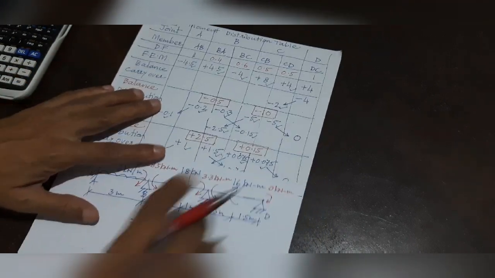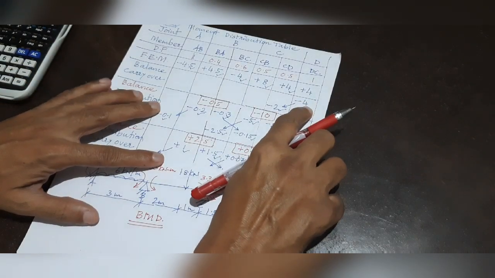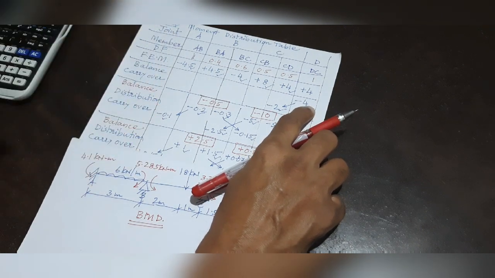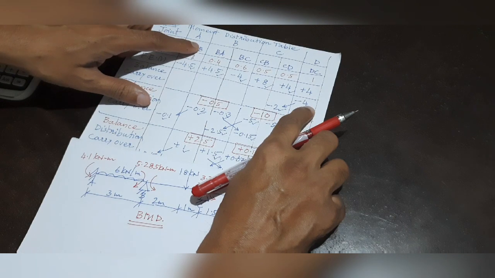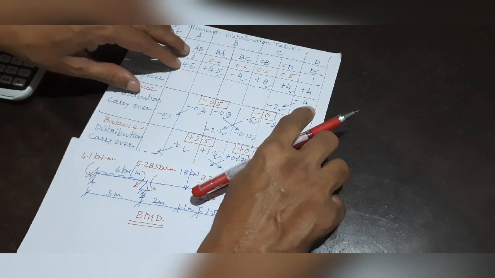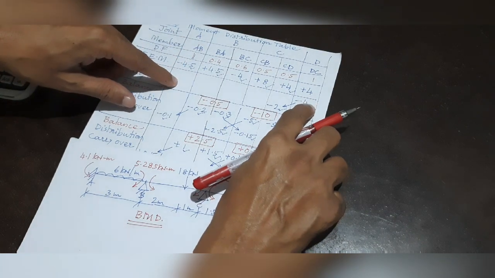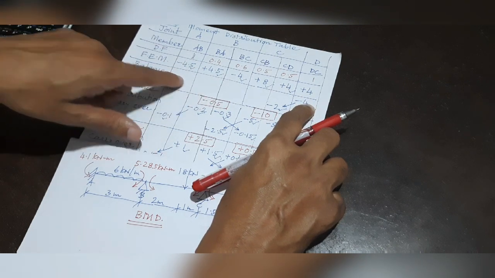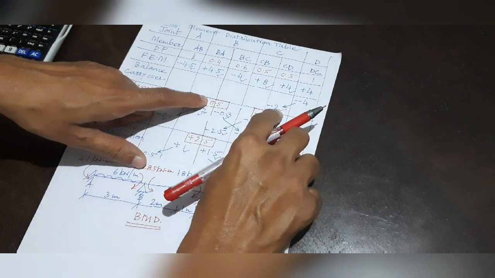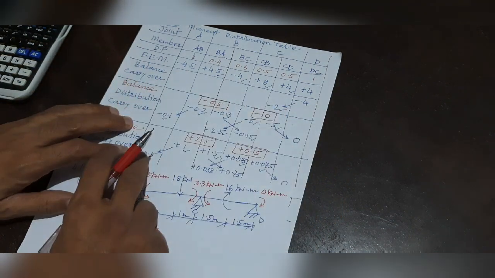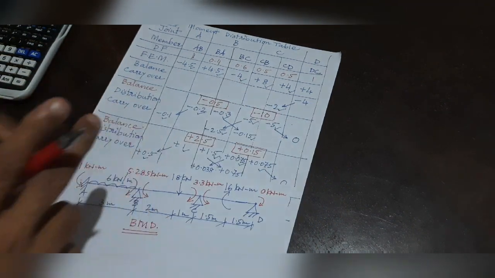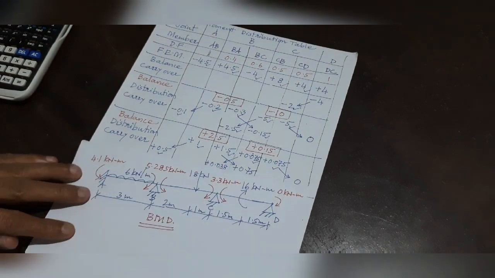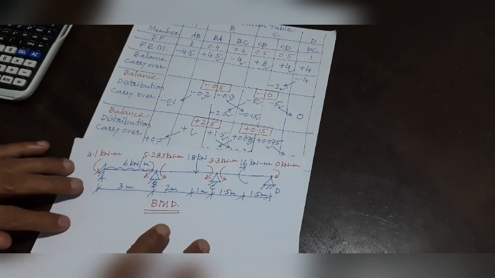In this numerical, what happened? We have to balance joint D, which is the external joint and hinge joint, first. If in case A is also a hinge joint, then in the first step we would have balanced A also and D also, and carried out the carryover factors from AB to B and DC to C simultaneously before going for the next steps. That is what we carried out in our earlier examples when both the ends A and D were fixed. I hope this is understood by you.